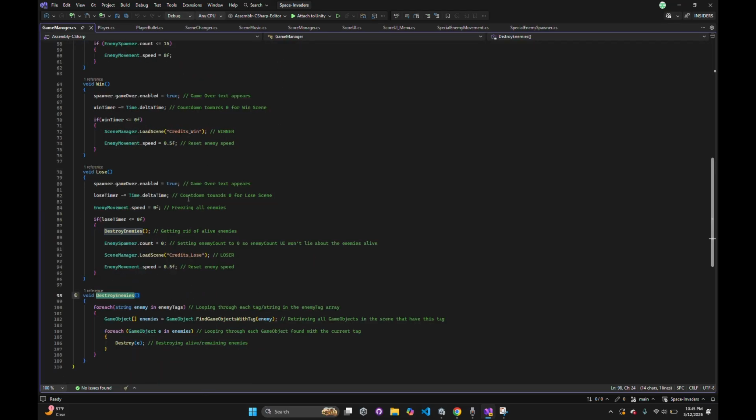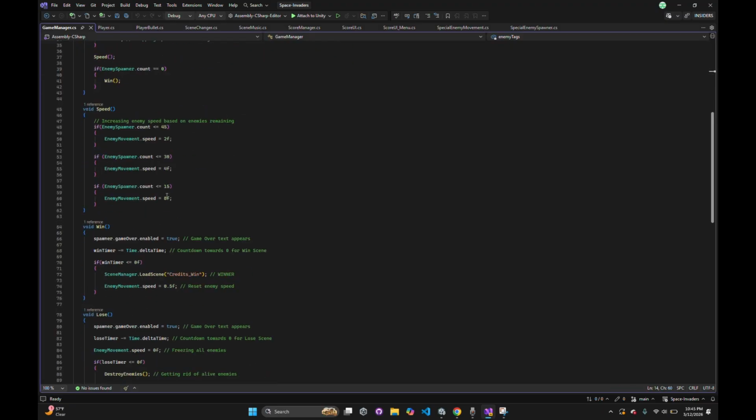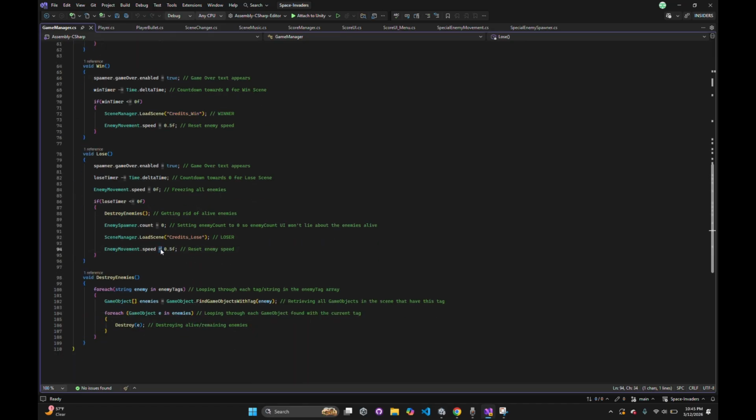My game manager script right here. My variables right here. I made an array of strings that I'm using for tags that are in my editor. I am adjusting the speed based on the count of enemies left in the game. If the player wins, they'll be taken to the credits win, and if they lose, they'll be taken to the losing credits. I'm resetting certain variables as well, so when I reload back into the game scene, things won't be